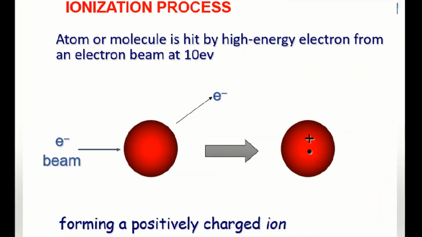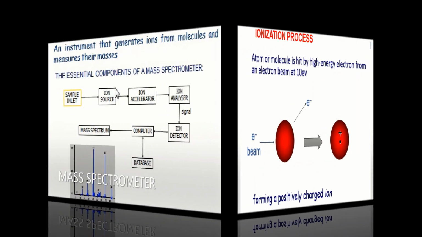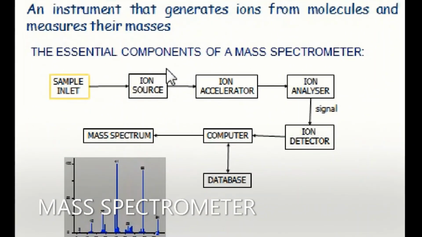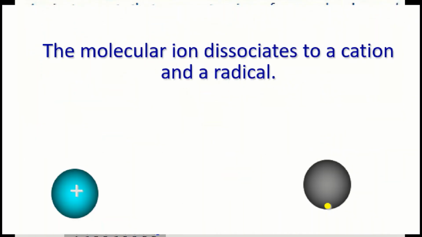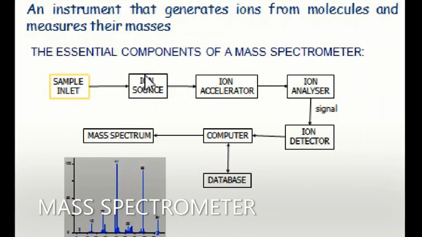What does it mean? It is going to provide a high source of energy to the sample so that the sample releases an electron, and upon releasing the electron it becomes positively charged. So in this chamber, because we are providing a high source of energy, the sample becomes charged and becomes a cation. Here the ionization of the sample takes place. Once the sample is charged, it is passed to another chamber.